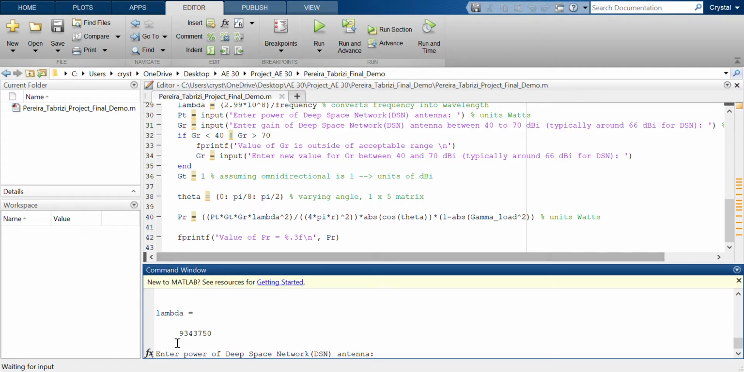Now lambda has been calculated using the equation lambda is equal to the speed of light over the frequency, and so now we have this wavelength calculated. Now we have to enter the power of the deep space network antenna, so we'll just put in an arbitrary value of 3000. Now we have to enter the gain of the deep space network antenna, which is usually between